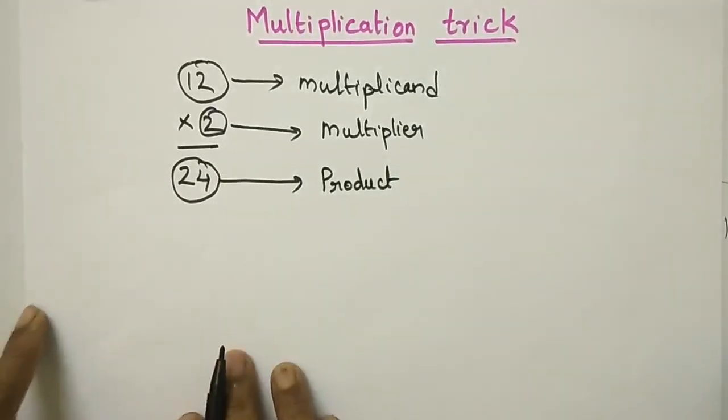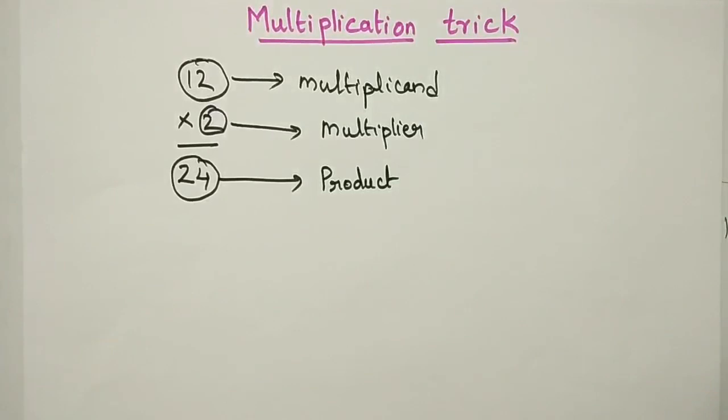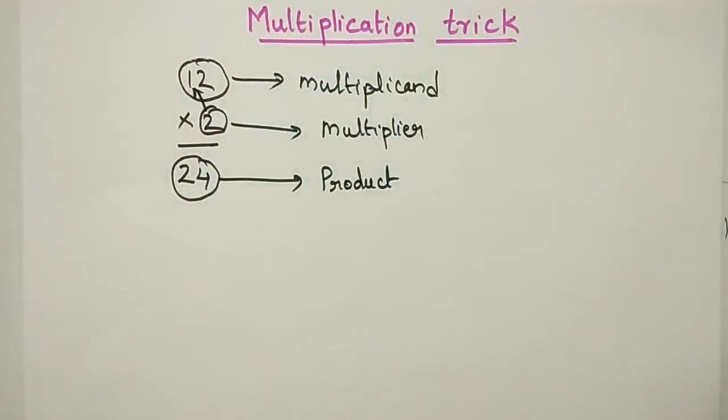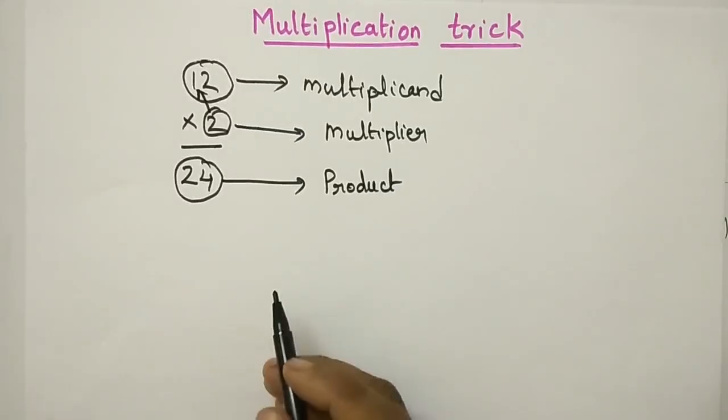Okay? In this video, I will let you know a multiplication trick by which you can get the product of a multiplicand and multiplier of any number of digits easily without using a calculator. To know the multiplication trick, first you have to learn the pattern of the arrow, which we use to indicate which multiplicand the multiplier is multiplying. Let us first study the pattern of that arrow.